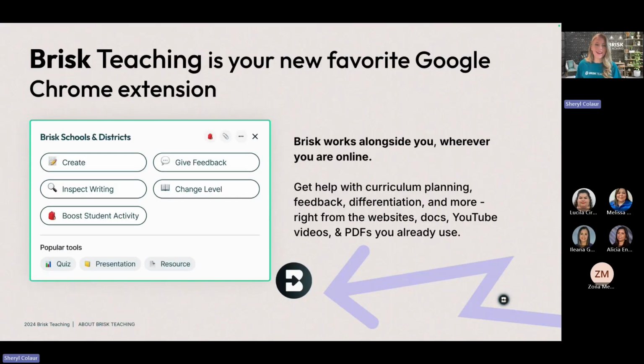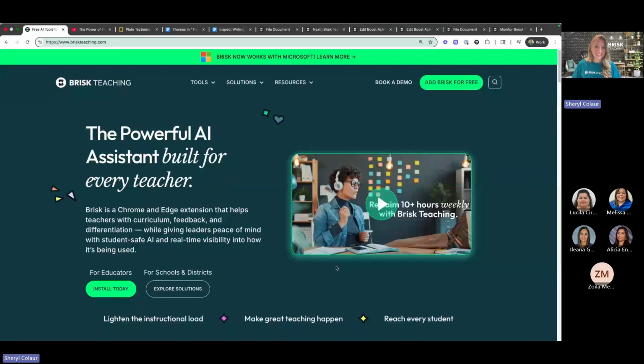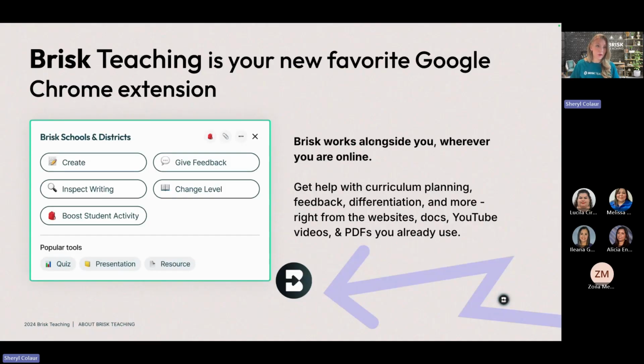So let's go into it. I mentioned, if you haven't done so already, gravitate to briskteaching.com. Go to that green button on the upper right side and add Brisk for free. We do have a free version. We'll be going over some of those tools today. And then I'll also give you a bit of a preview of what is on the premium version as well,